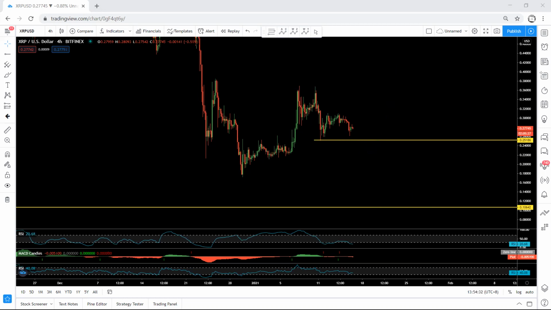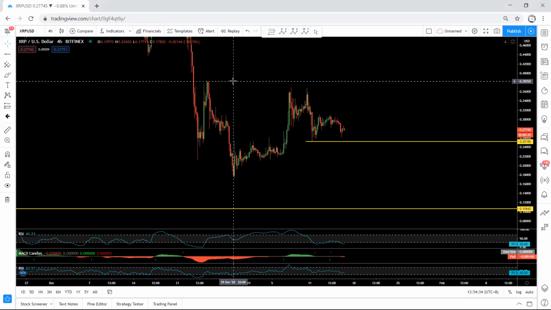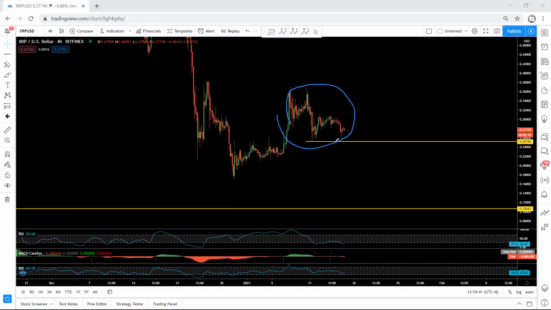Okay. Anyway, again, we are looking for the buy for long term, but the only question is whether we should look for buy within this range, or we wait for the price to come to this level, because we are not sure the price can come to the 10 cent. Okay, if the price comes to the 10 cent, it can give us a better trade setup. But if we get the buy setup also from this correction, as I explained, we start to take it, and when the price comes to this high, we start to manage it.